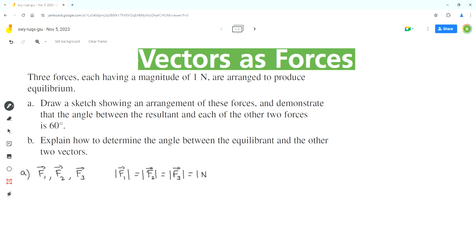Now we have to show the arrangement of these three forces. Now the resultant of vectors can be found by adding the vectors. So our equation for the resultant will be